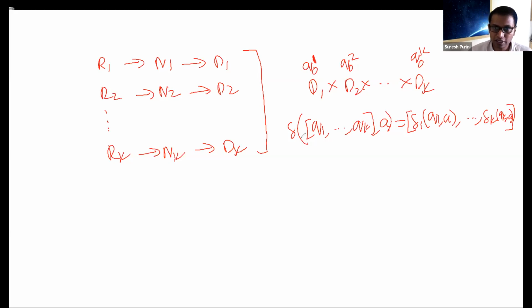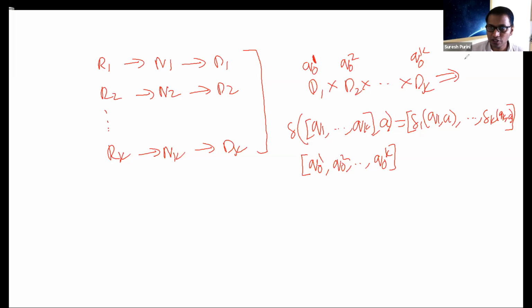And what is the initial state of this product DFA? That is (Q naught 1, Q naught 2, ..., Q naught K). That is, each of the states along each of the dimensions of the tuple is the initial state in the corresponding DFA. Okay. So now once we have this product DFA,